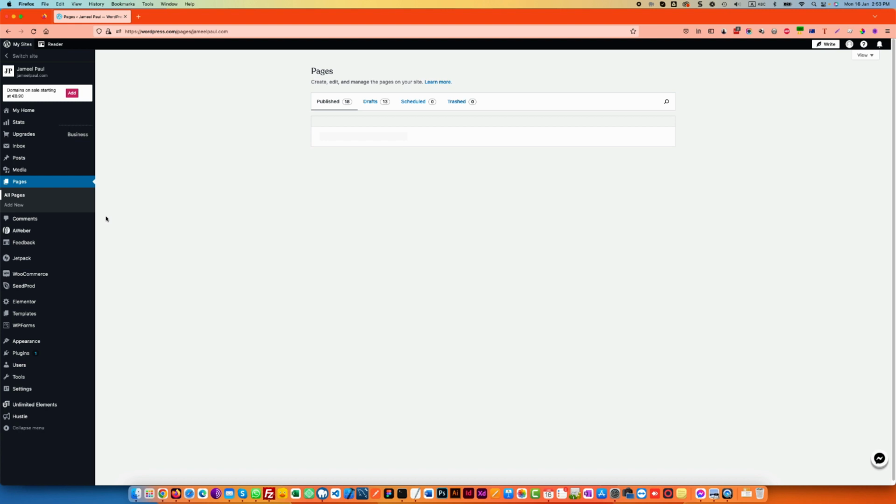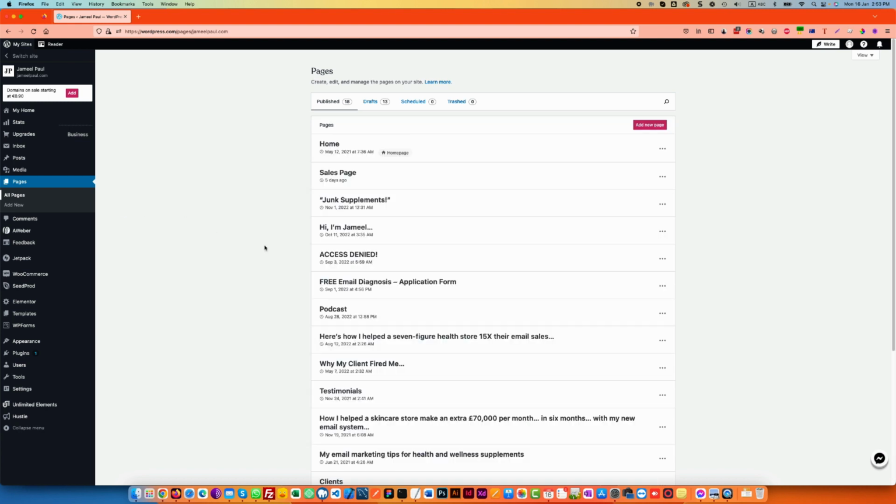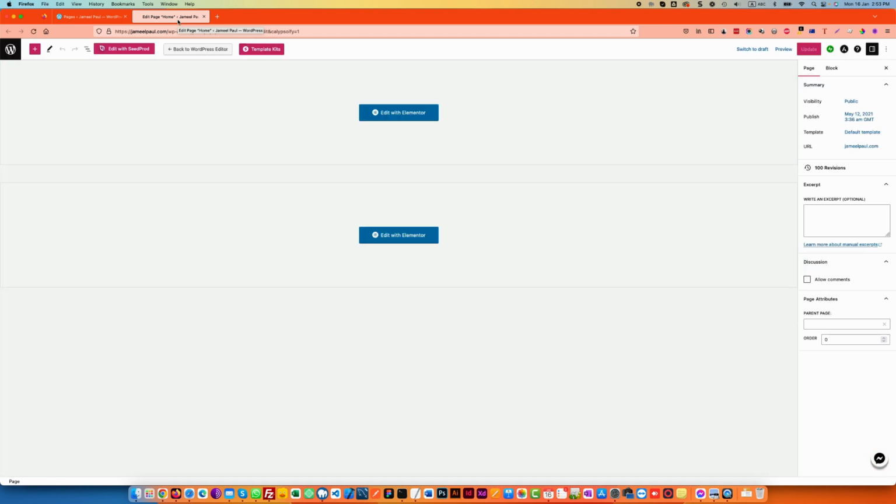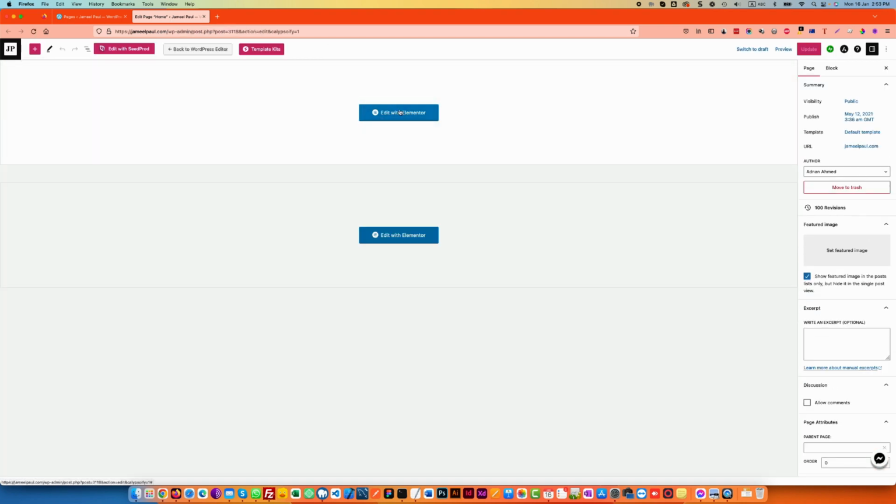To edit this page, we are going in the right direction. Let's say in the home page, and you need to edit it. I'm opening it in a new tab, sorry. And yes, this top button is not working. It is something to do with the new theme. I will figure it out and fix it, but otherwise this bottom button is working for now. You can click it here,